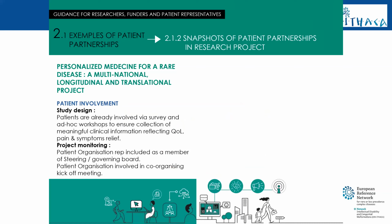Next, please. So we also included within the guide some concrete, real life examples of research projects and of patient partnerships. I just picked two here. The first project is about personalized medicine for a rare disease. In this one, patient organizations were involved in both the study design as well as the project monitoring. For example, in the project monitoring, patient organizations were included as members of the steering or governing board and also involved in co-organizing the kickoff meeting or the annual conferences. So they were not involved just as participants, but in the program committee, as session chairs, speakers, or